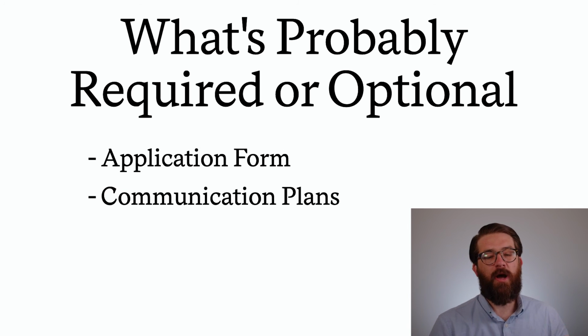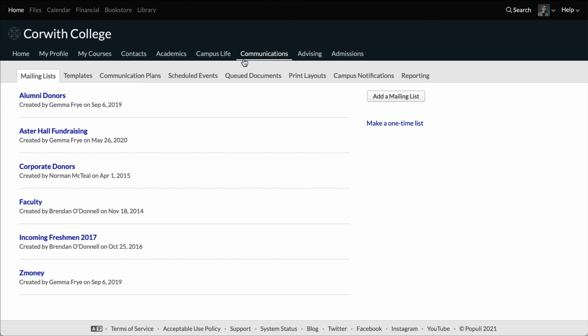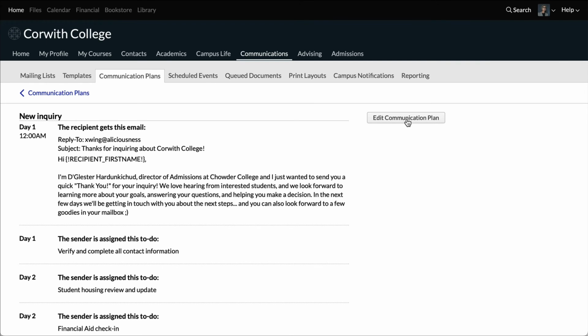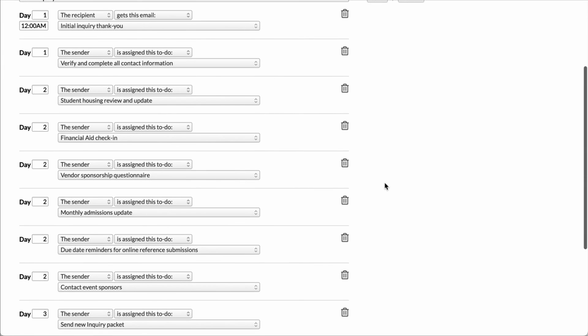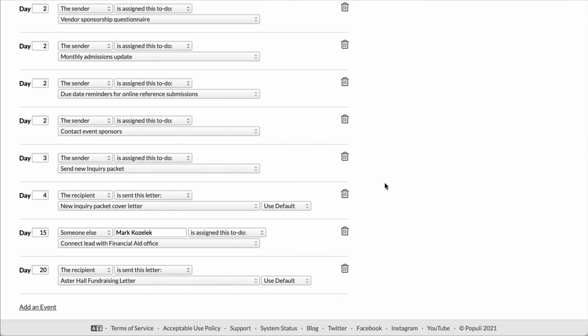Second, you'd probably want to create communication plans. These are set up under communications, communication plans. The idea here is that you can create a schedule for when templated emails and letters can go out to leads. And then you can even set up to-dos that get automatically assigned to specific staff members. Those to-dos are reminders like call lead about starting an application